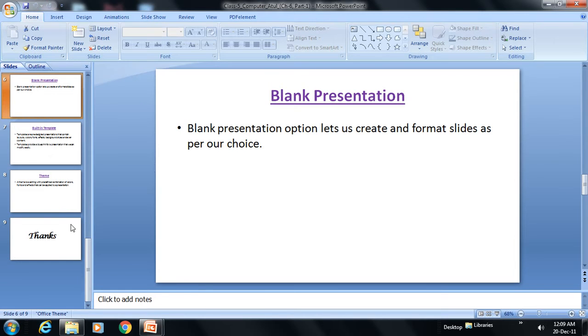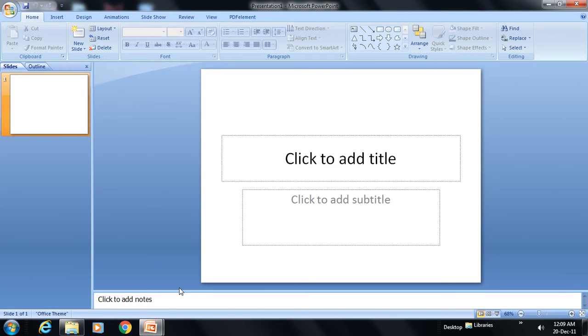You need to click over here. A new PowerPoint file is in front of you. As you can see, this is a blank file, nothing is there. So this blank file is called blank presentation. In this we can add title, subtitle and we can add more slides.